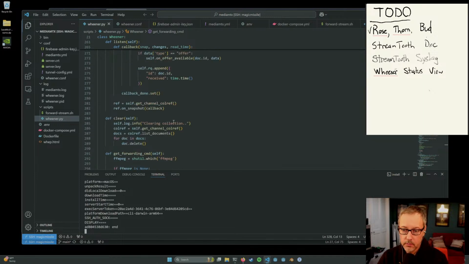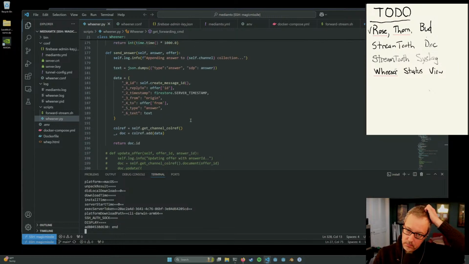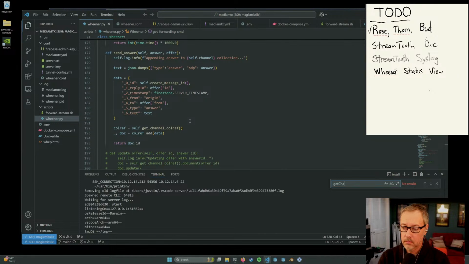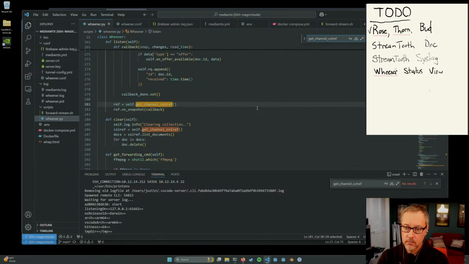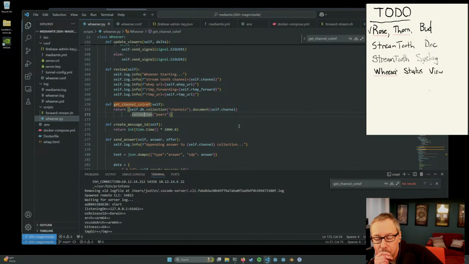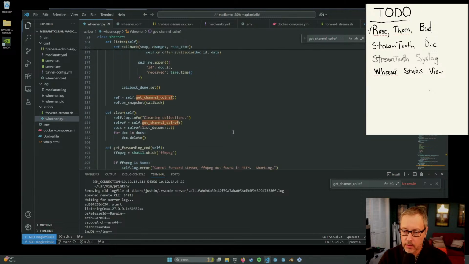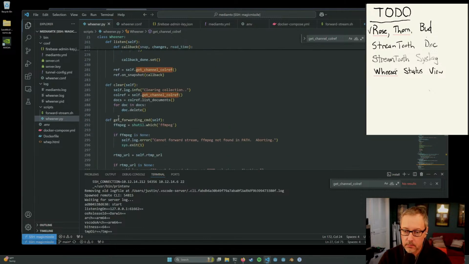Get colRef, get channel colRef, and then I clear all those docs. Channel colRef. All right. And then I enumerate and delete each one of those documents. Okay.